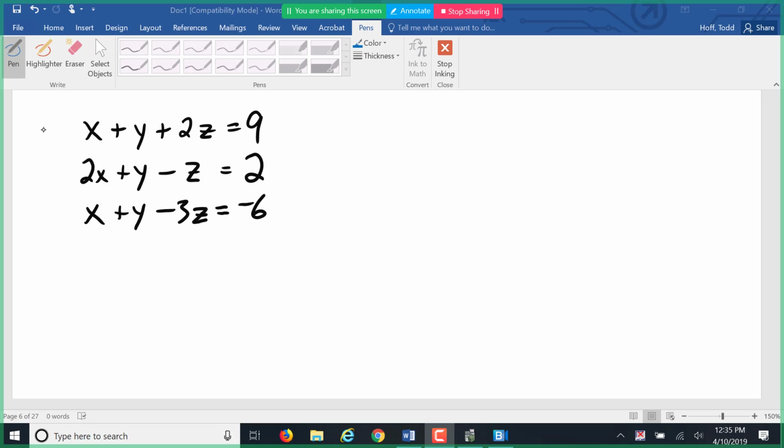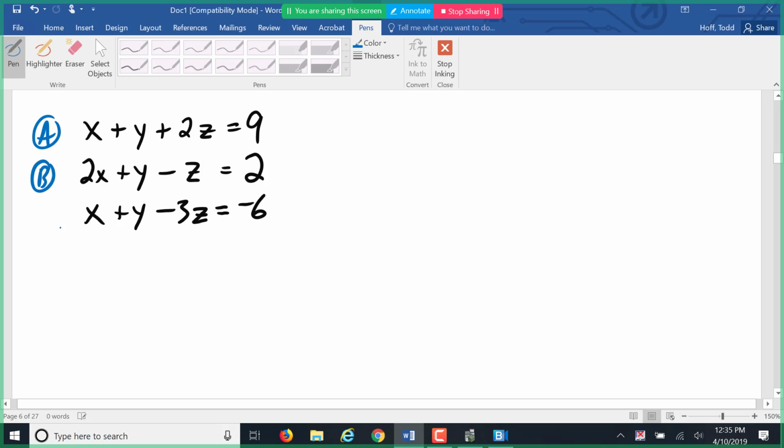Well, I'm going to start out by numbering them or lettering them A, B, and C again so I can refer to them quickly. And I'm going to use the elimination or the addition method. To do that, I'm going to eliminate the y variable because I look through here and I see that it's just a positive 1y or just a positive y in every equation. So I'm going to combine